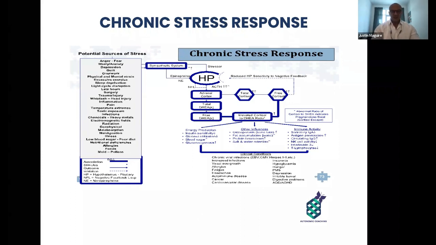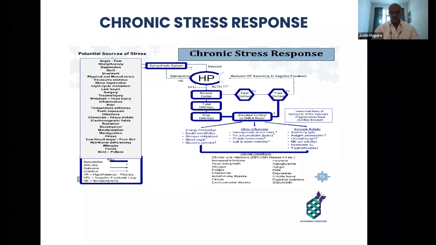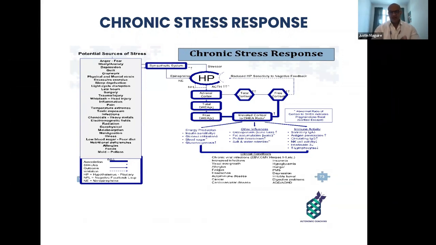So very important to just take a look into the health of the liver, the health of the thymus, the health of your circulatory systems as well as detoxification systems, i.e. the kidneys as well, and the lymphatic systems too. All of these have an impact on the sympathetic system, the stressful system of our autonomic system, releasing epinephrine and norepinephrine, creating an impact on the hypothalamus pituitary axis, which impacts the adrenal cortex, which basically depletes total DHEAS, depletes